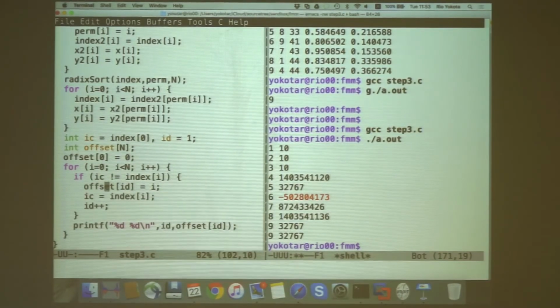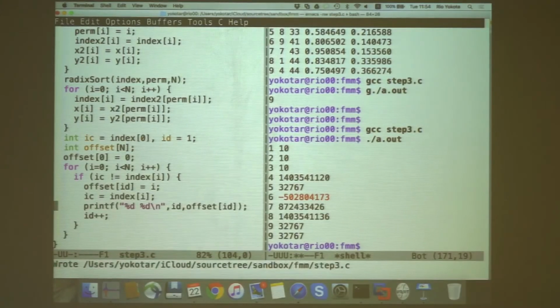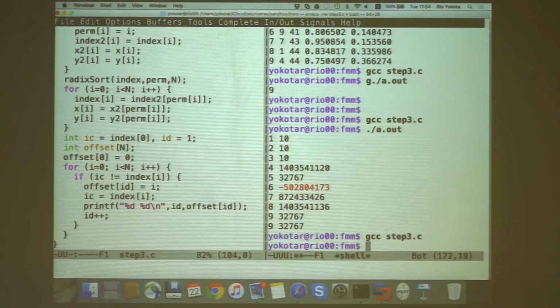It's behaving in an unexpected way. No, maybe it's because it's not defined when I'm printing. So this is when it's defined. Oh, sorry. So ID is incremented here, so I need to print before it's incremented, otherwise it's printing something that hasn't been defined. Okay, so